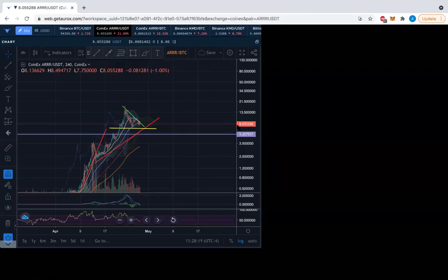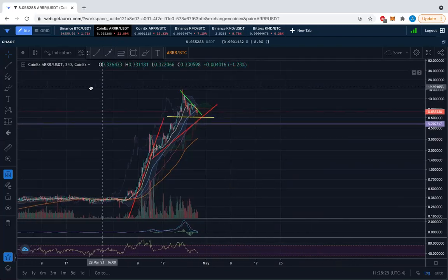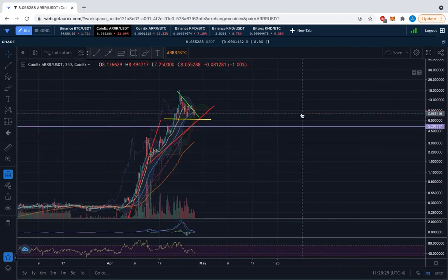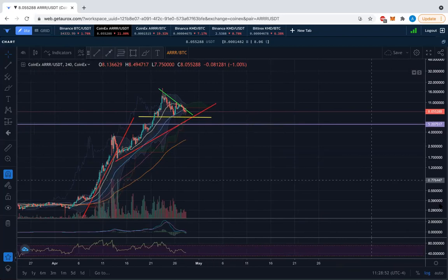This is a quick video to catch us up on what's going on here with this 4-hour chart in our USDT. We are currently sitting at roughly the $8 level, and we are midday UTC. Well, this situation here is looking like a triangle is playing out. If we come in closer,